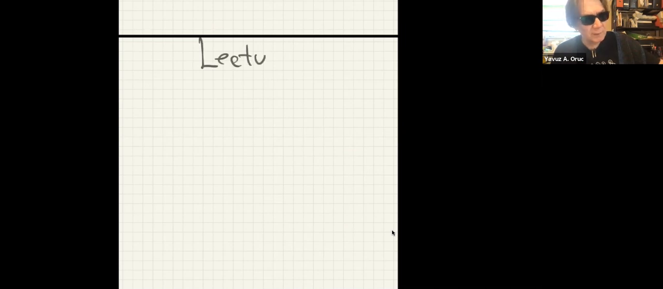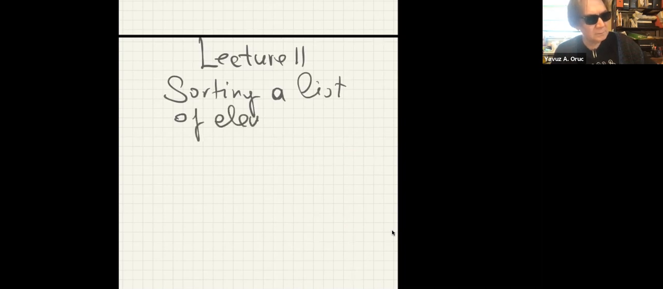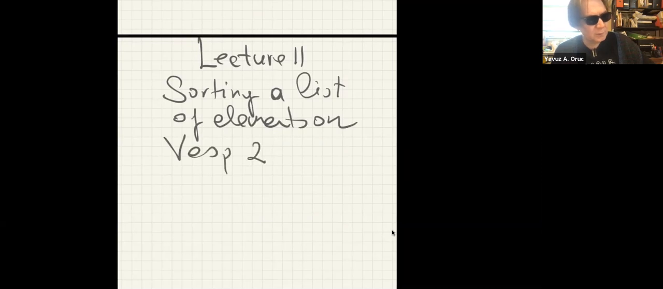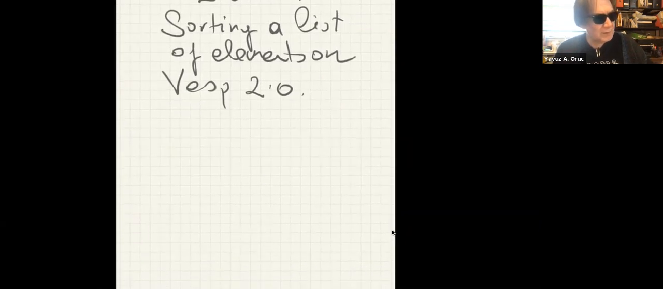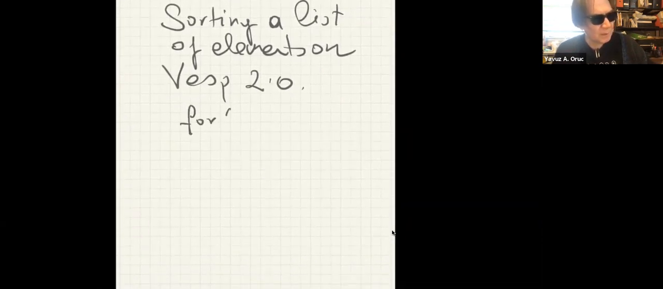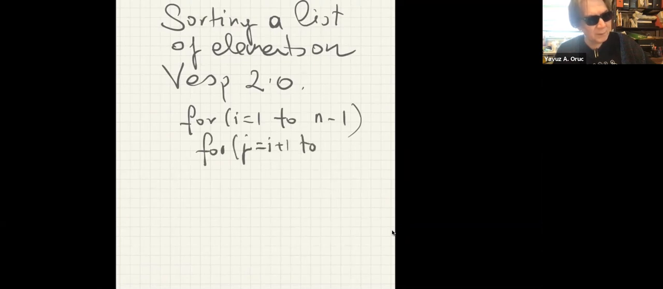So lecture 11, sorting a list of elements on VESP 2.0. Our algorithm was like this: for i from 1 up to, let me write this a little more briefly, n minus 1, and then for j from i plus 1 to n,